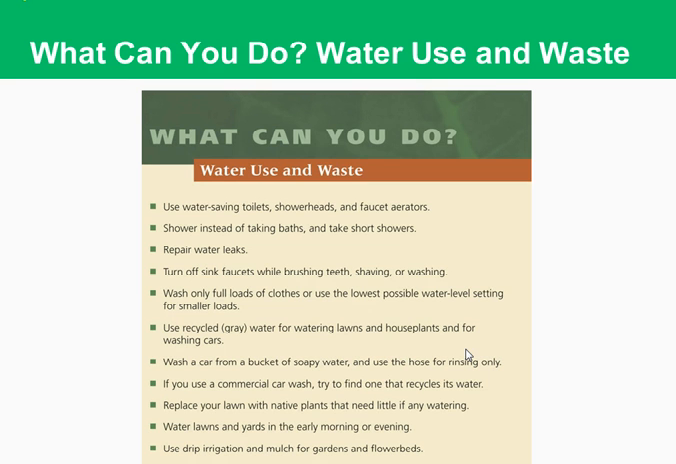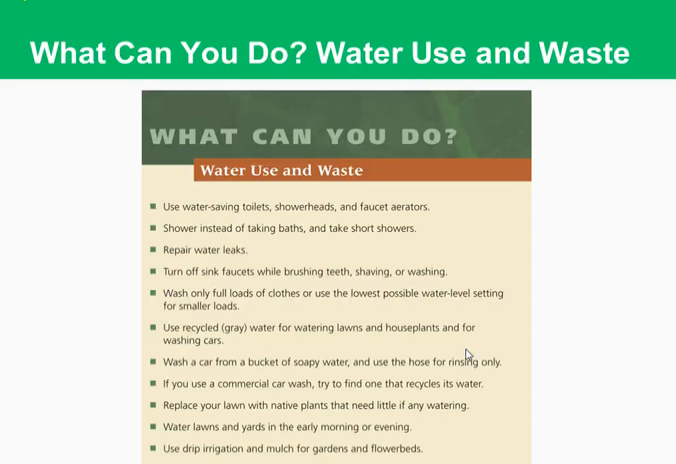Use water-saving toilets, shower heads, and faucet aerators. Shower instead of taking baths. Take short showers. Repair water leaks. Turn off sink faucets while brushing your teeth, shaving, or washing. Wash only full loads of clothes or use the lowest possible water level setting. A lot of the new HE washers and dryers are nice because they have a sense-load feature and can feel how heavy your load is,